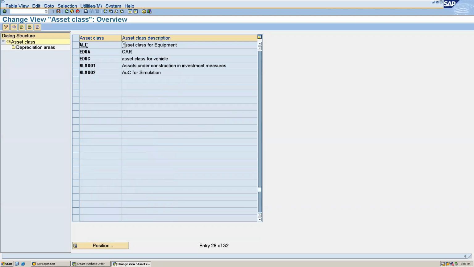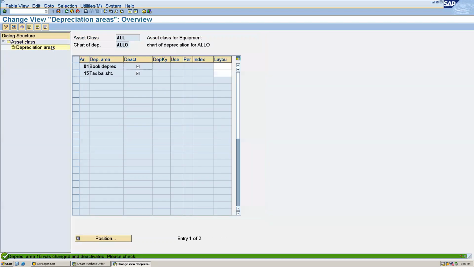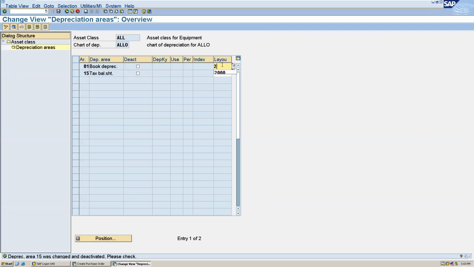Okay, this is the asset class which I have maintained. Select that, go to depreciation areas, and here just deactivate these and give the screen layout. The standard screen layout we can give 2000. Okay, and here also 2000 for book depreciation and tax depreciation.